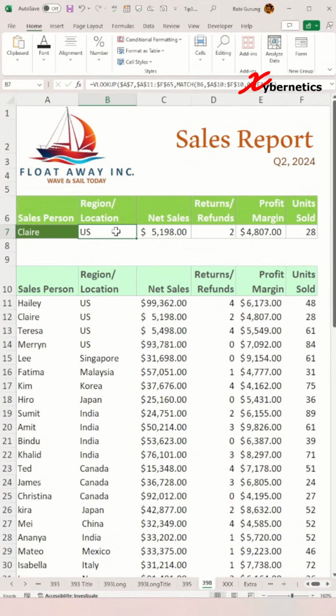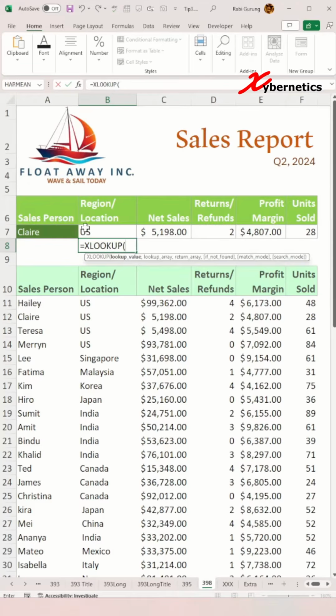This issue is only limited to older versions of Excel. For newer versions like Excel 2021 and Microsoft 365 and above, I suggest using the XLOOKUP function, as the return column is identified as a range. Let me demonstrate. XLOOKUP, the first argument, lookup value will be A7, lookup array will be A11 to A65, and